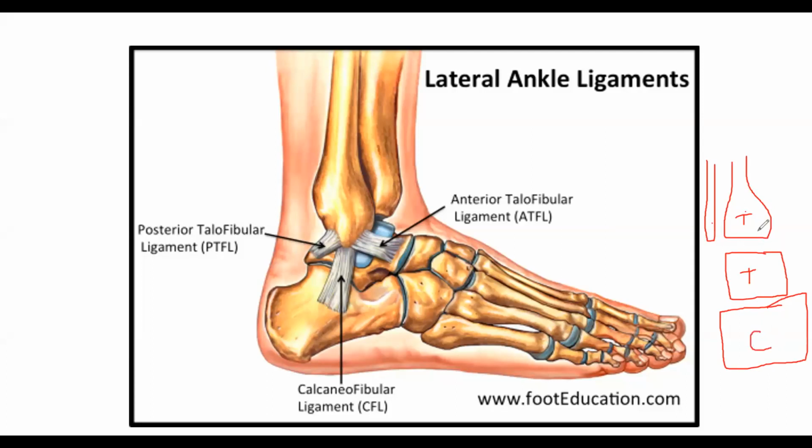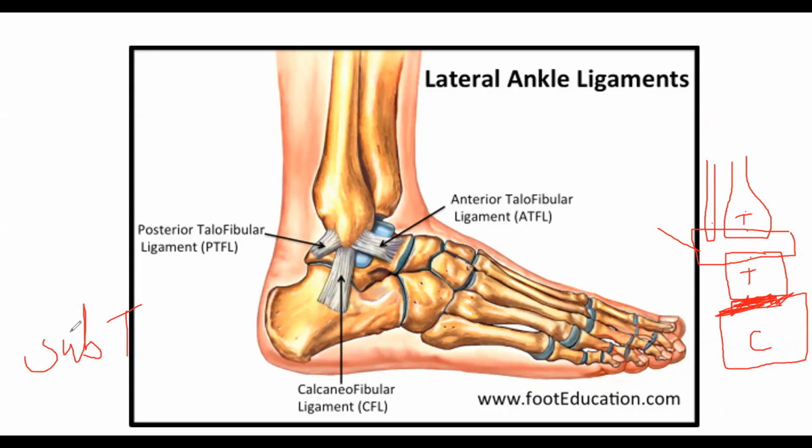So what is the ankle joint? The tibia and talus comprise the ankle joint. The tibia, fibula and talus make up the ankle joint. Below the talus, this joint is known as the subtalar joint. Subtalar means below the talus. So this is the subtalar joint. The talus with the tibia and fibula makes up the ankle joint.